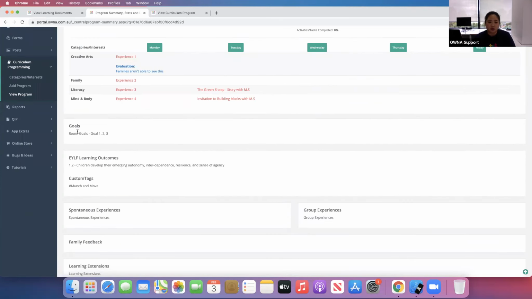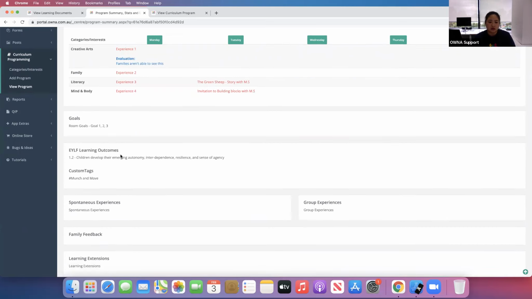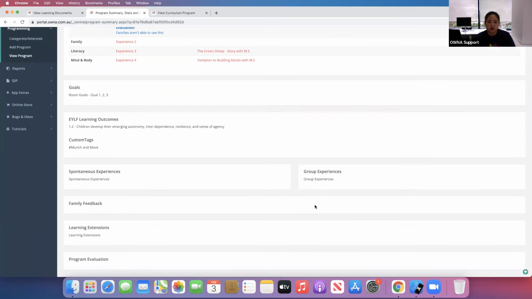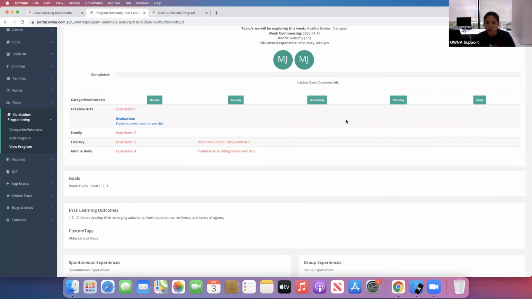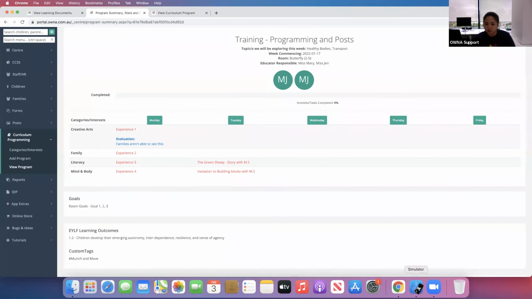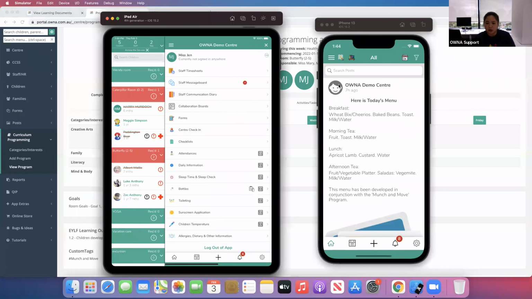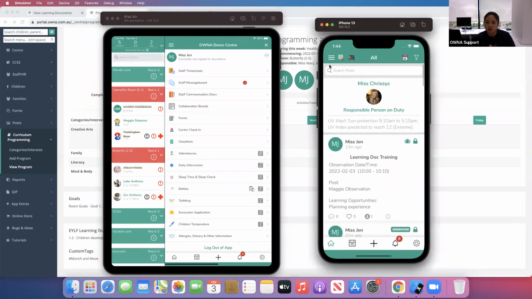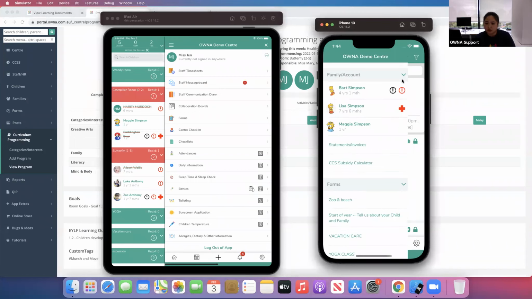So room goals are here, your learning outcomes, everything like that. So what I can do is show you what it looks like on the parent side, the program. Okay, so this is the program app, this is the staff app. So if we go here, I'll just refresh this. All right, we're going to refresh it. I'm just going to close